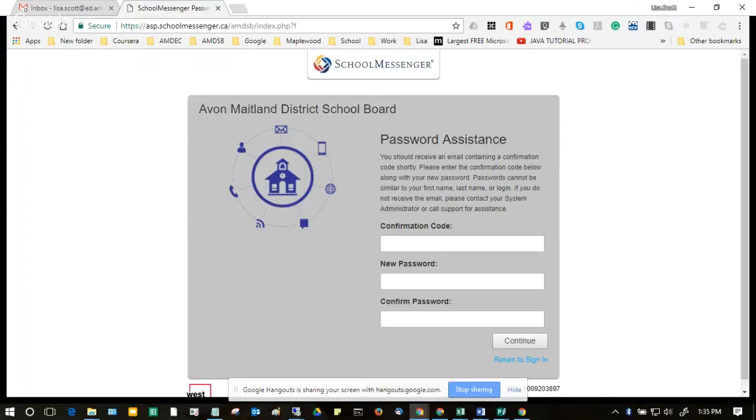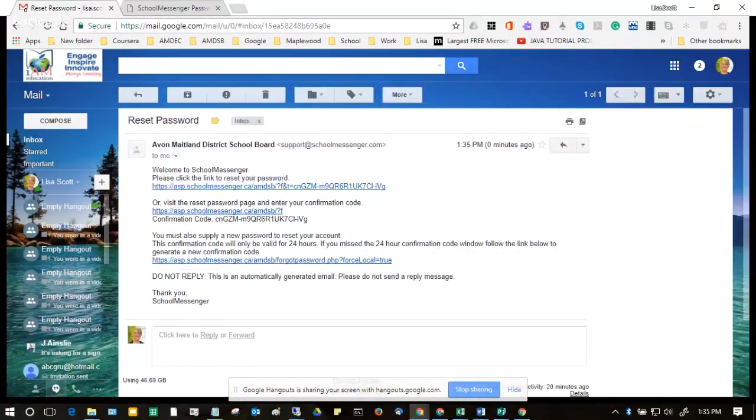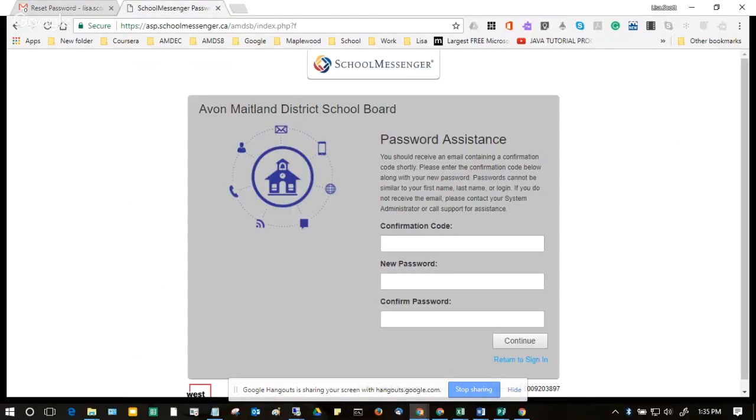And as soon as that email's been sent, you'll receive a password assistant page. And here we go. So now we need to get that confirmation code. So let's go back to our email, and you can see here that I've got a reset password, and here's my confirmation code. So I can copy this back to my School Messenger,